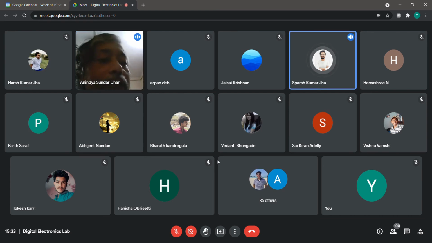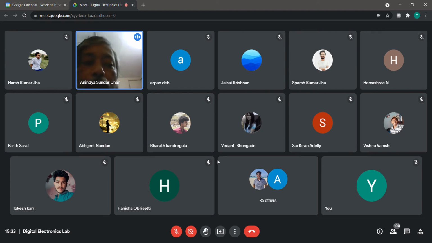Sir, can you please repeat why the previous display was displaying on the next one for a very short amount of time? So you try to explain that when that display, whatever it is supposed to display, where from is it getting the information? It is getting the information from that 7-bit bus only. No, not from the counter; I'm talking about a specific display, what it has to display. Where from is it getting it? That is from the 7-bit bus.